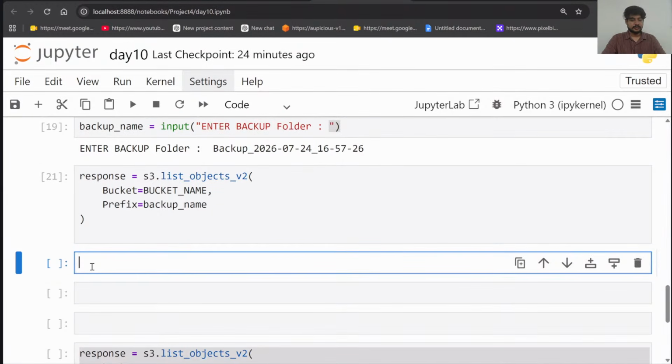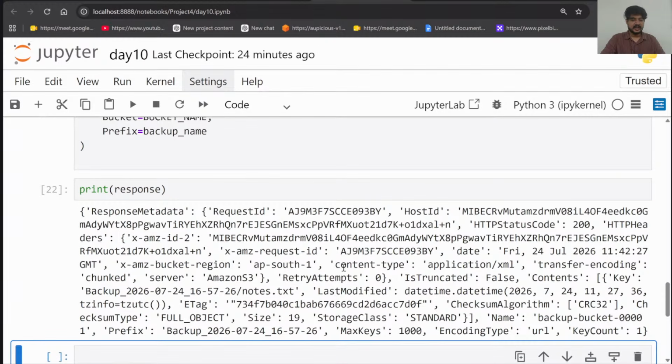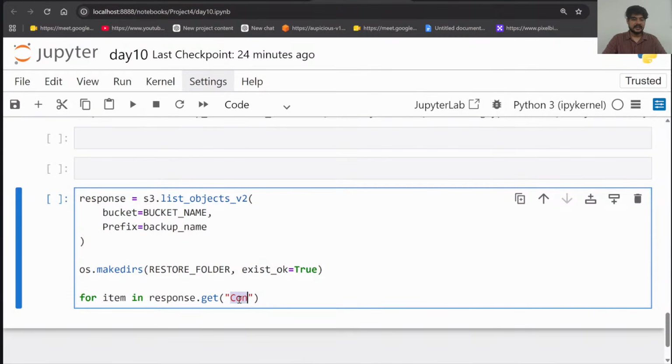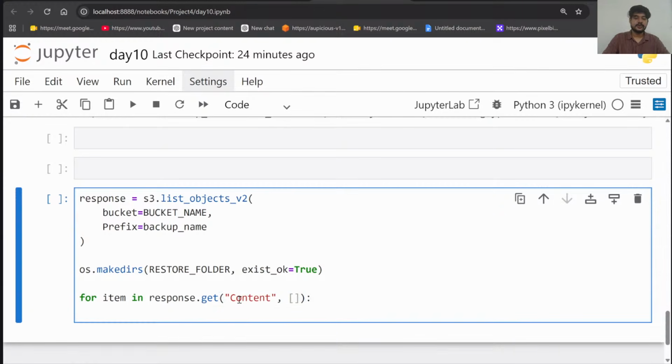सो जो भी values हमने यहाँ पे store की है, इन values को हम print कर लेते हैं। तो print करने के बाद response में जो भी value आई है, maybe JSON values आएंगी, इसके अंदर Contents नाम से variable है। तो हमें response.get, हम ये क्या कर रहे हैं, हम यहाँ पे जो भी response आ रहा है उस पे for loop लगा रहे हैं। किसके ऊपर? Contents नाम से बना रहे हैं। Contents जो भी है इस folder में, ये एक empty list भी बना देते हैं यहाँ पे, just an empty list for the files for now. I'll tell file name, my file name is equal to, for example, item. I have an option called Key.